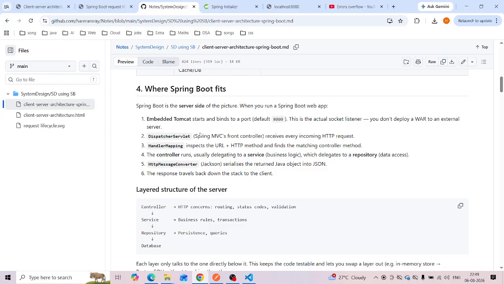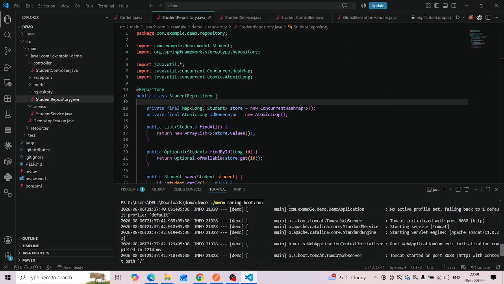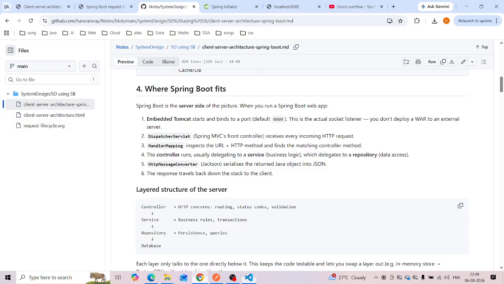When I start the application, you will see the Tomcat web server, and you will see Tomcat started on port 8080. So this means embedded Tomcat starts and binds to port 8080. This is an HTTP socket listener. You don't deploy a WAR to any external server.